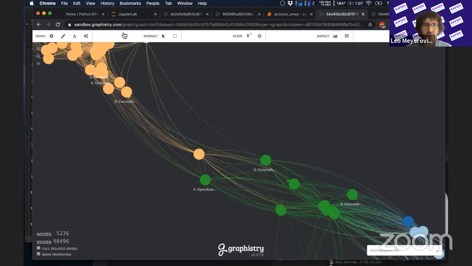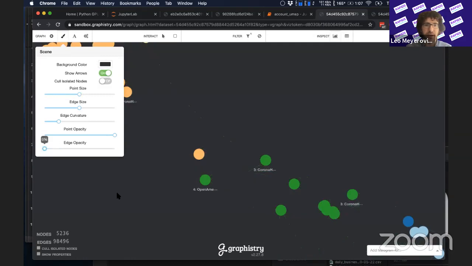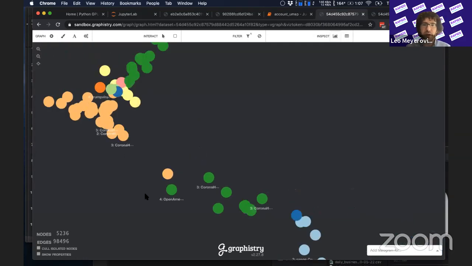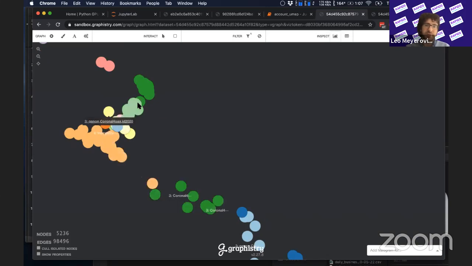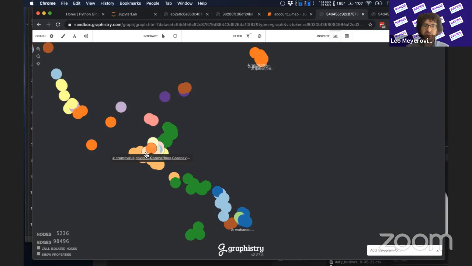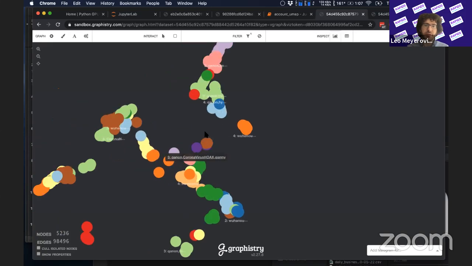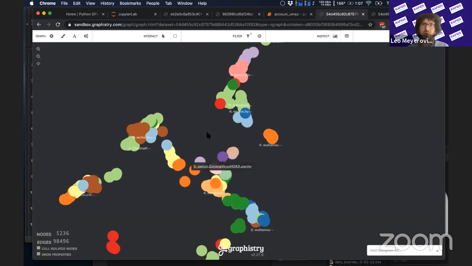What's cool about UMAP is, by default, with very little work, you get something that looks like this. For every entity, you get put on screen somewhere, and you can do a 2D, 3D, whatever projection. Just based on the topics, for each Twitter account, we're seeing not only which accounts are talking about the same conspiracies, it's also